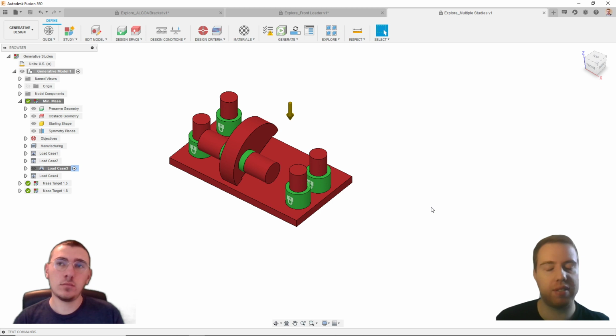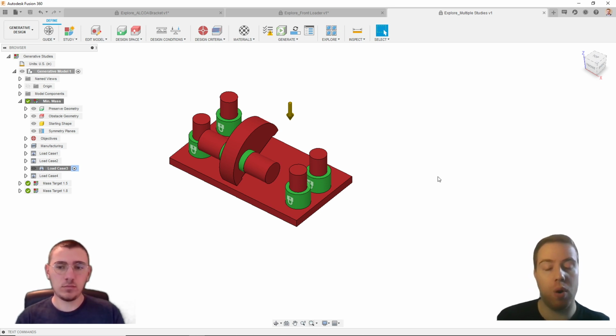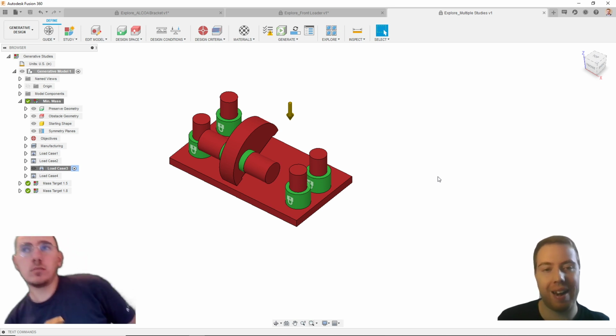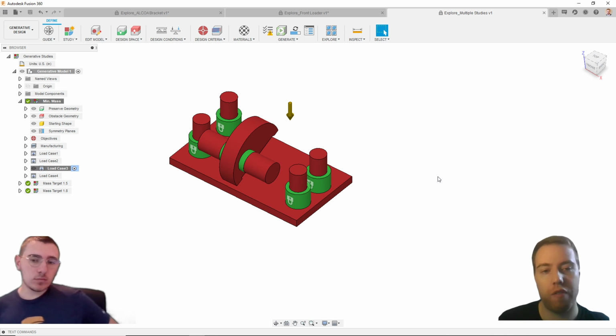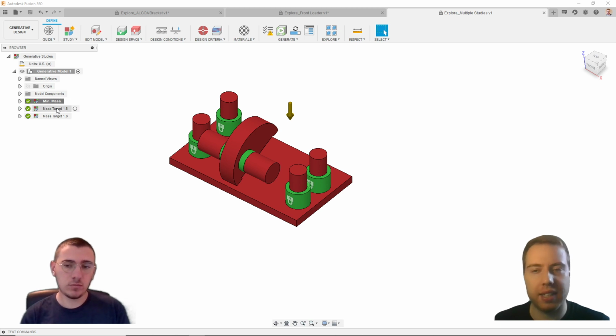I want generative design to come up with design alternatives that maybe weigh slightly more, but increase the stiffness and mechanical structural properties of my design outcome. So what we can do is we can run multiple studies. And what we're doing when we do this is exploring multiple different